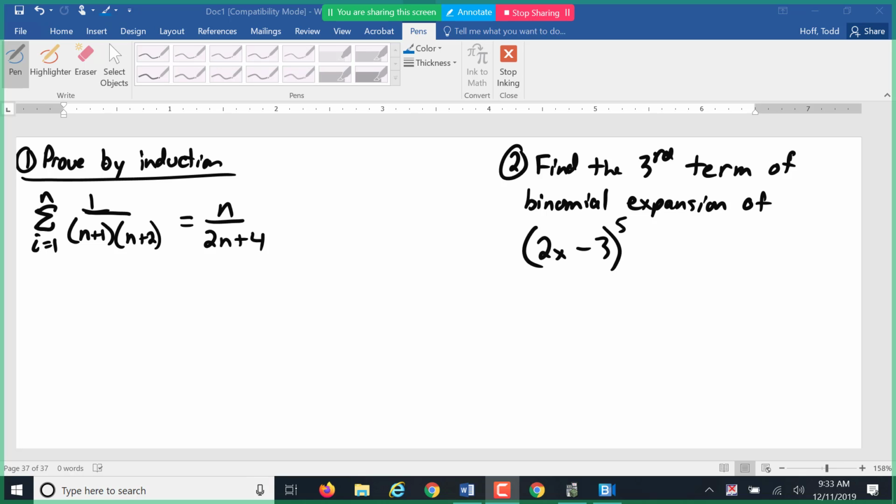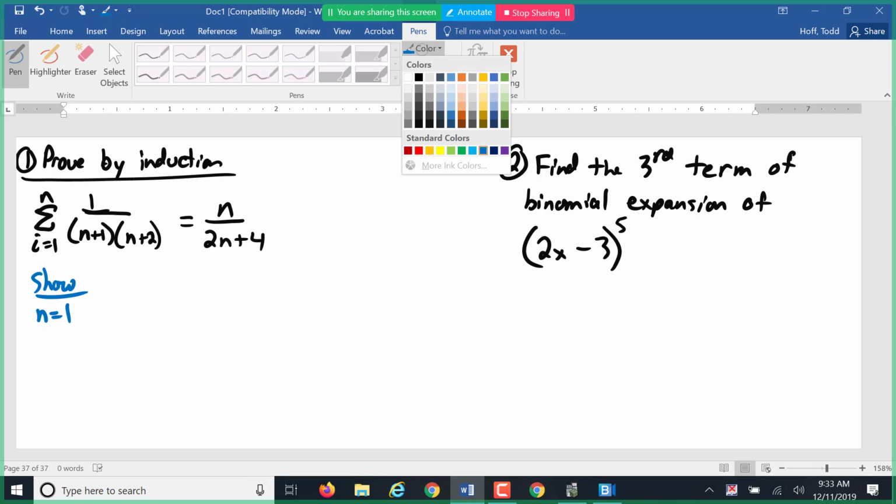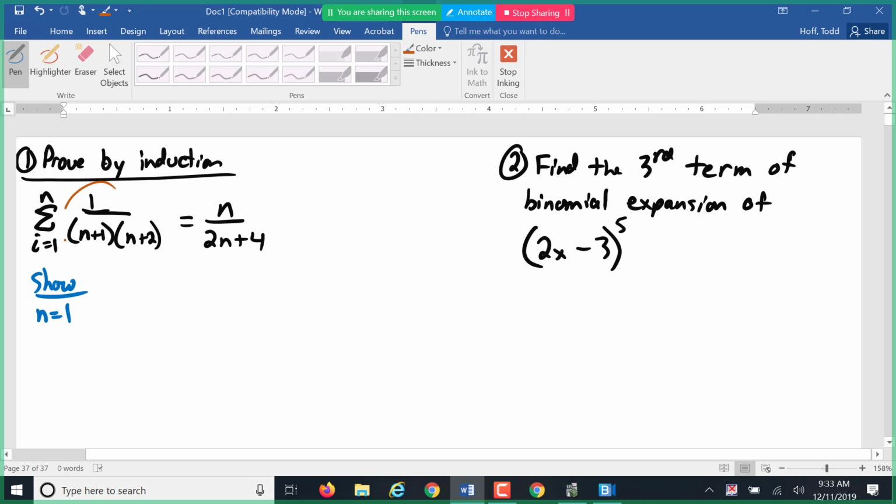Okay, so for problem number 1, we're asked to prove this by induction. So remember, for induction, we have 3 steps. The first is to show that it works for some initial value. So we're going to show for n equals 1. So if n equals 1, the left side here is just that single term, which will be 1 over 1